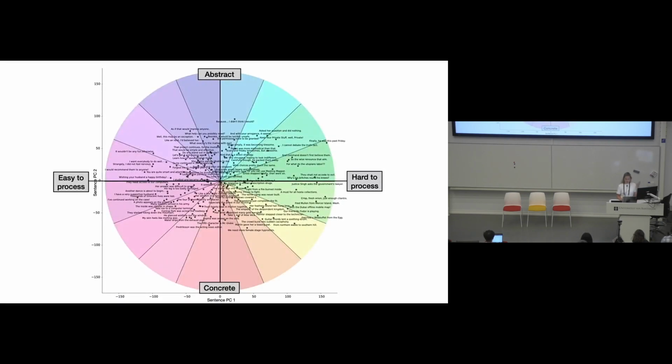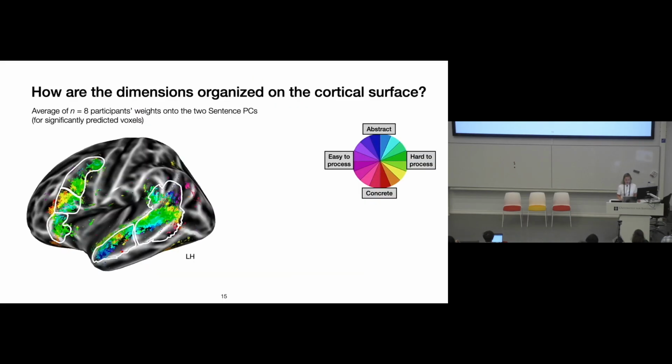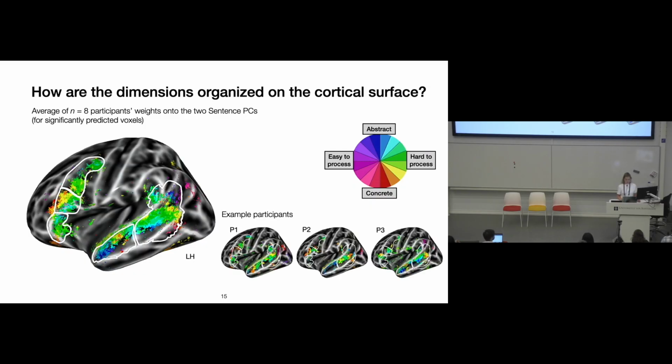Using these interpretable two dimensions we just discovered, we divided the space into these 16 colored sectors. For each voxel, the OLS model estimates two weights, one for each PC, showing where it falls in this 2D space. So a voxel's color will reflect its tuning. For example, green voxels respond most to hard-to-process sentences, and so forth. This map shows the average of all 8 participants' voxel weights onto the two sentence PCs, along with 3 example